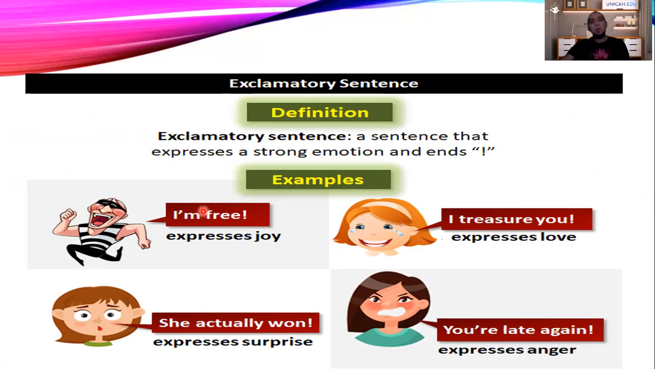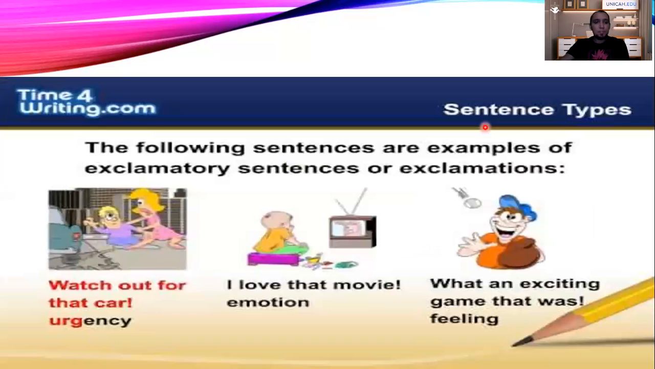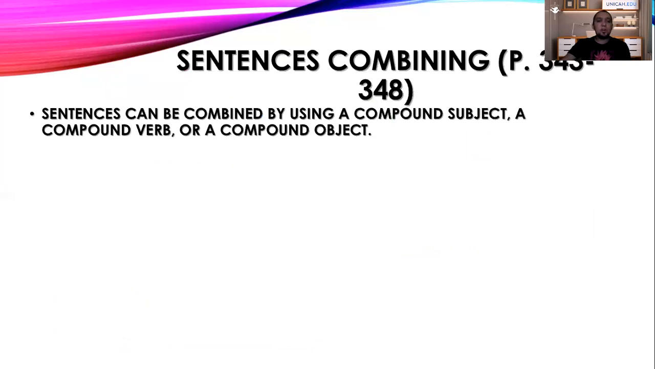I'm free, or she actually won. We're expressing surprise, or I treasure you. This is to express love, or you are late again, to express anger. So these are some examples here. Let's continue with more examples for urgency, for emotions, for feelings. So you can read them at home. Okay. Now, on the following pages, which are pages 343 until 348, we're going to be in touch with